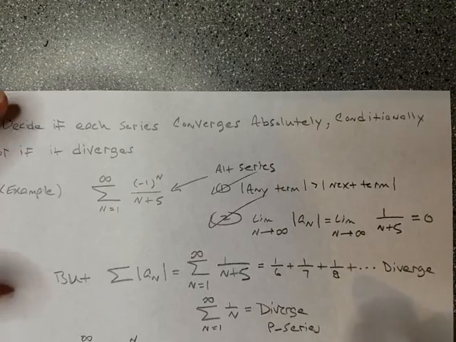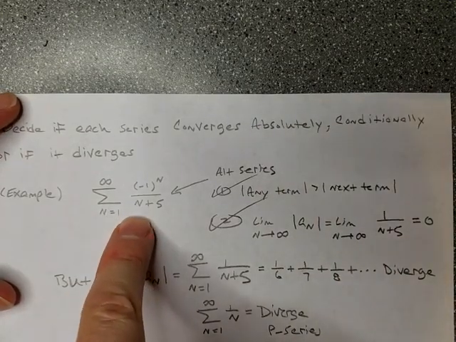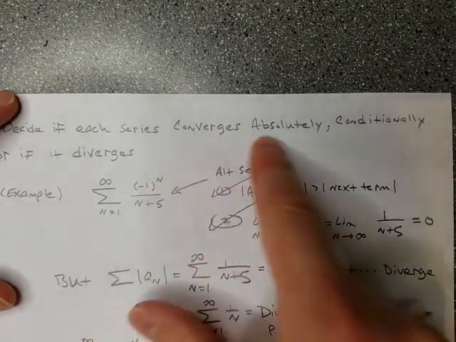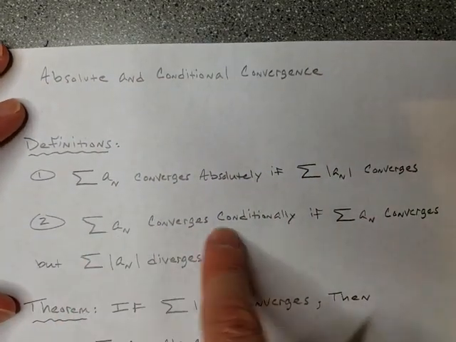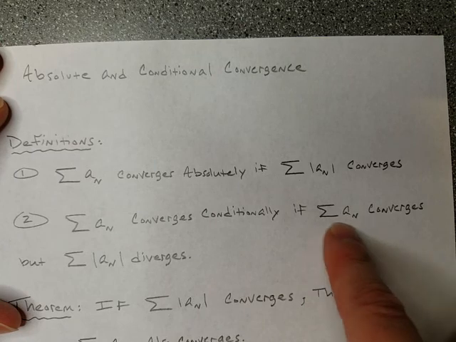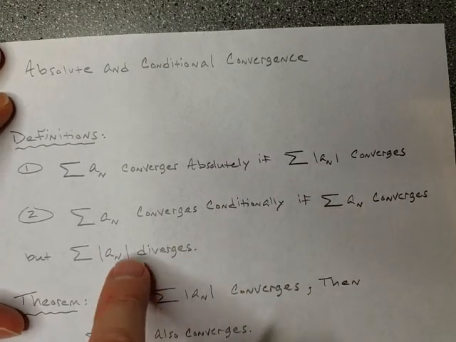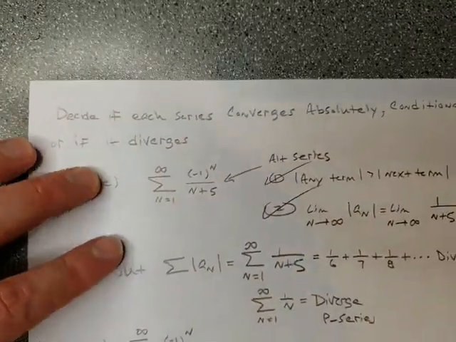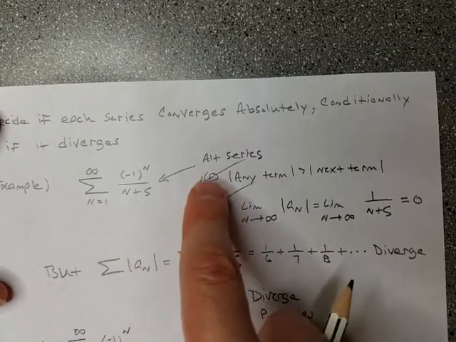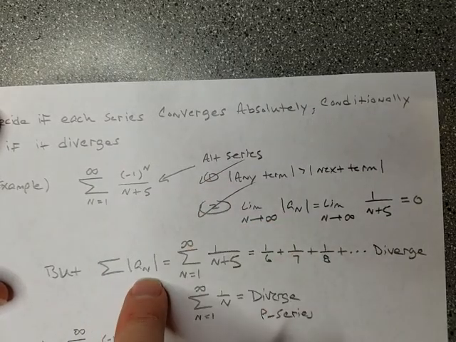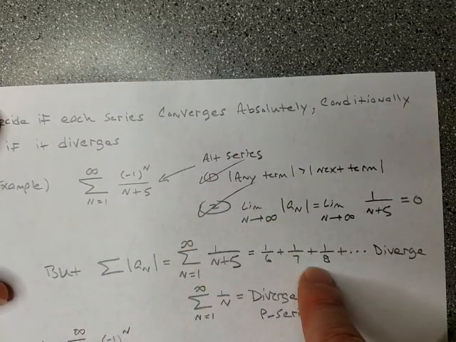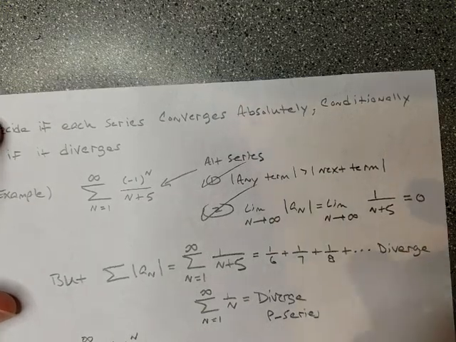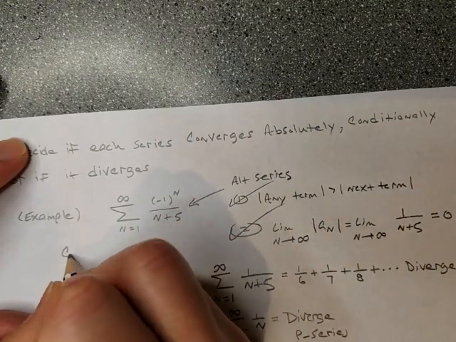Okay. Now, what does that mean about this one though? This original series, does it converge absolutely or conditionally? Well, what was the definition? A series converges conditionally if it converges as it is, but when you take the absolute value of it and look at that series, then it diverges. Well, that's this one. This series converges the way it is, but if you take the absolute value of it, you get this one, and that one diverges. So about this series, we would say